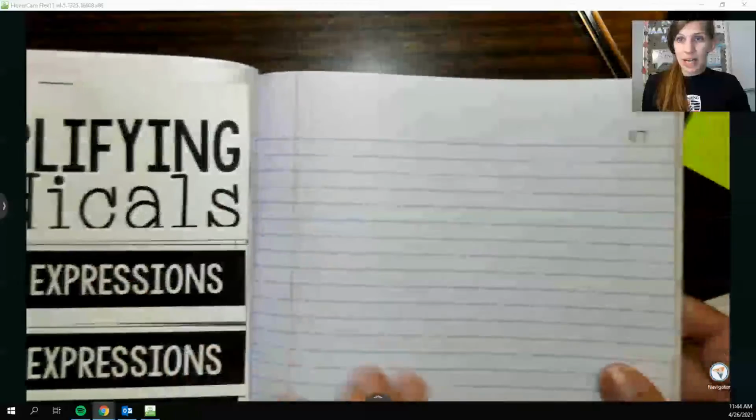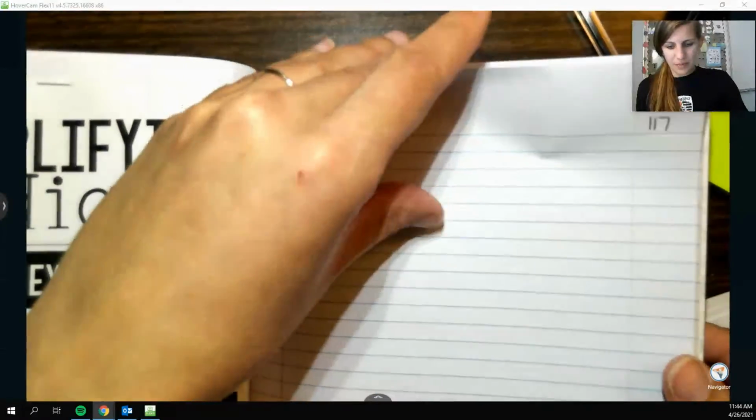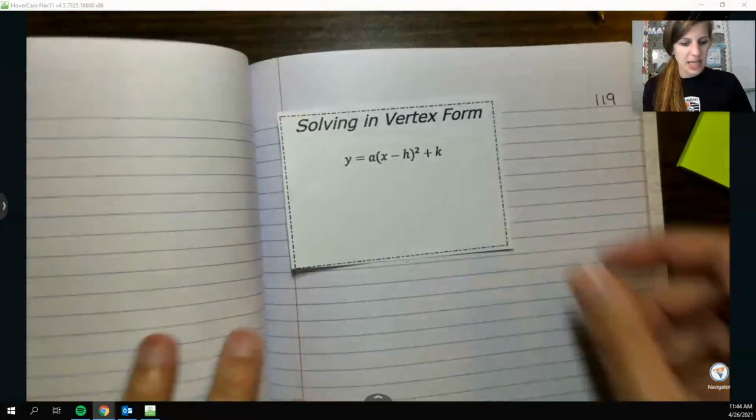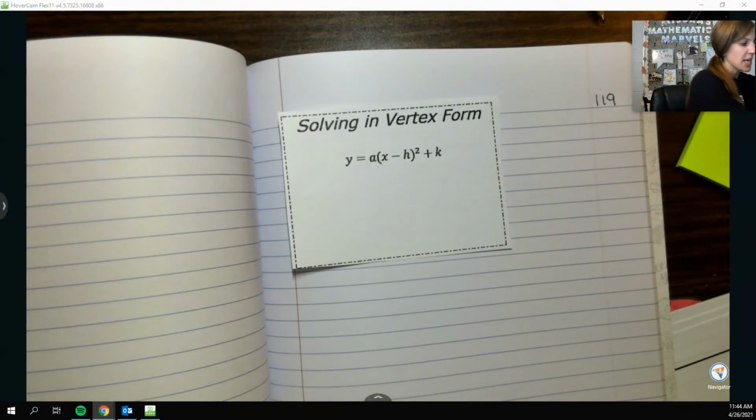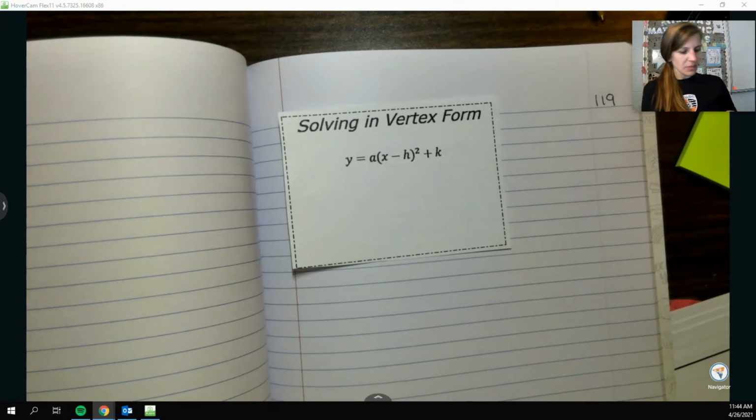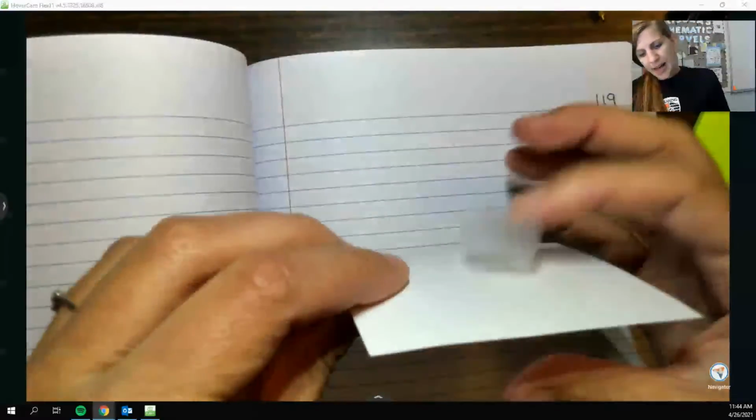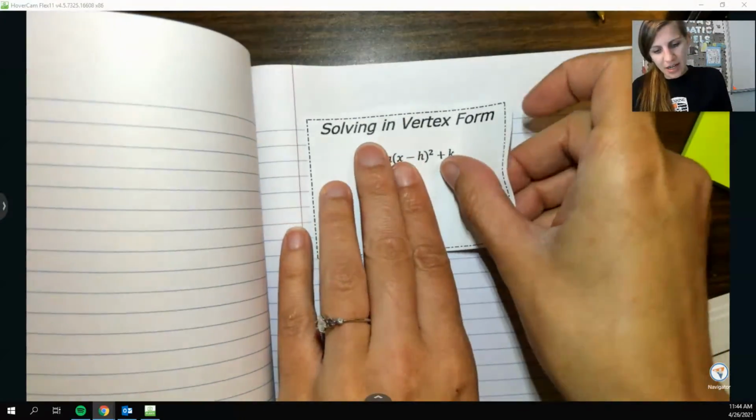And we're not going to put anything on 117 for now. 118, 119. So we're going to leave 118 blank. On 119, we need to grab one of our squares that says solving in vertex form. Put that at the top, and then we have another